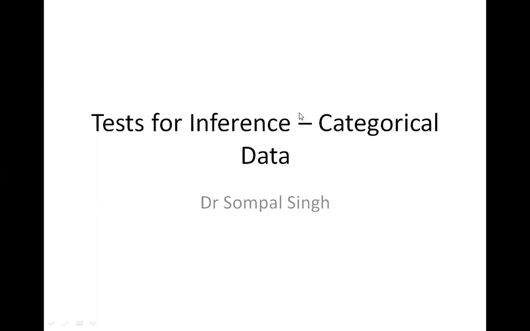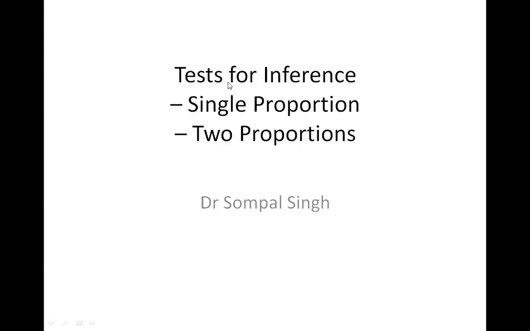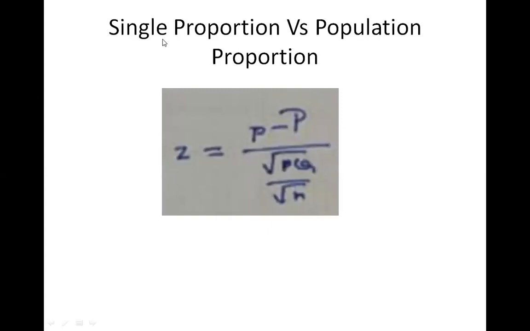So the first part of the lecture is tests for inference of a single proportion or of two proportions. The first situation is that we have a single proportion, small p, and we want to find out whether this sample proportion is significantly different from the population proportion. So the formula is this: Z is equal to